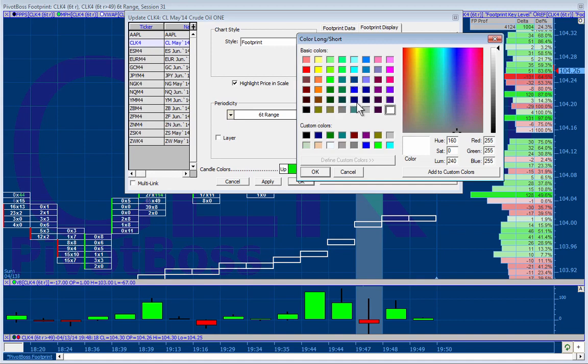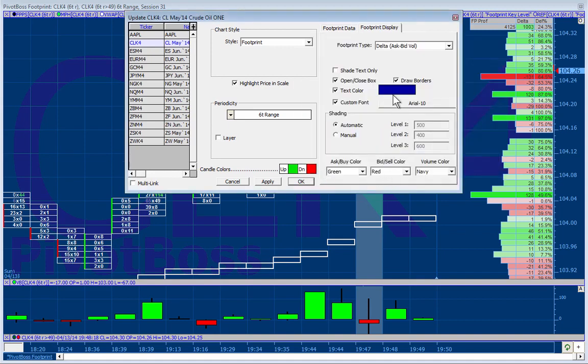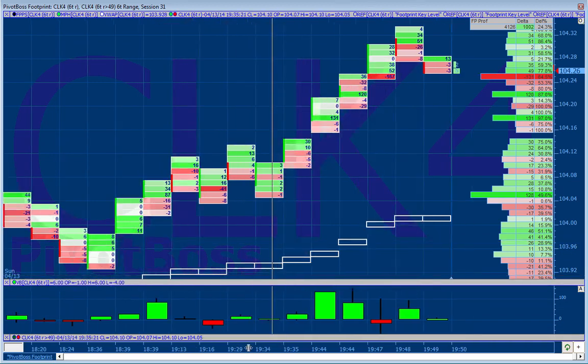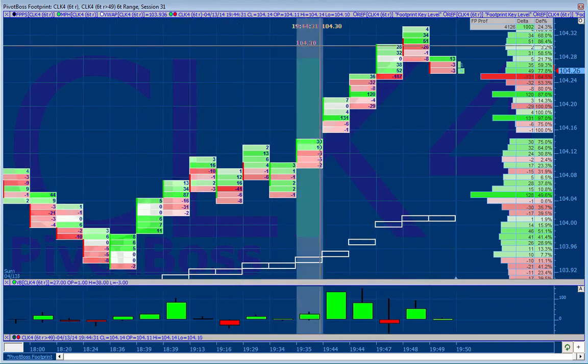Let's bring it back to how we had it. There it is. And now this is the view that we'll be using for our study and for our trading. This is the delta. Instead of having a number to confuse you or bog you down right out of the gate, I'm providing one number at every single price level. It says what was the differential, the delta, between the number of contracts that came in on the bid versus the offer.